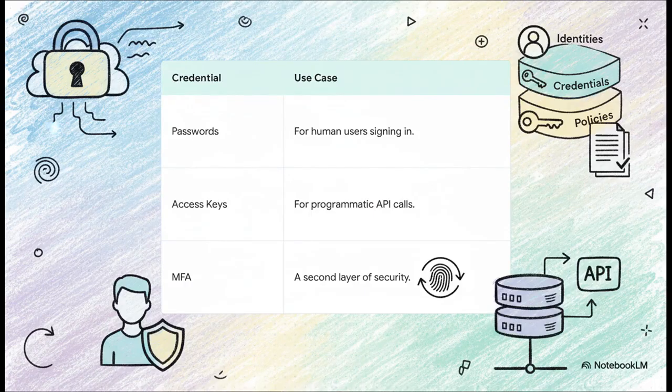So you have an identity. Now what? Well, you have to prove it's actually you. For us humans, that's usually a password. But the real power, and frankly the real risk, is with access keys. These keys let applications talk directly to other AWS services, and you have to guard them fiercely. I'm serious. A leaked key is like giving a stranger a master key to your entire building. And that's exactly why multi-factor authentication, MFA, is completely non-negotiable. It is that critical second layer of protection, kind of like a bank vault door, for all your sign-ins.